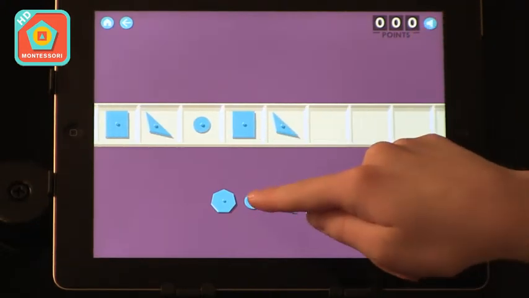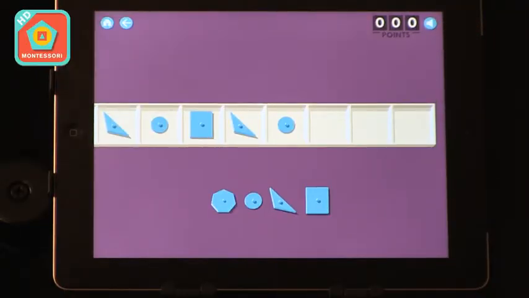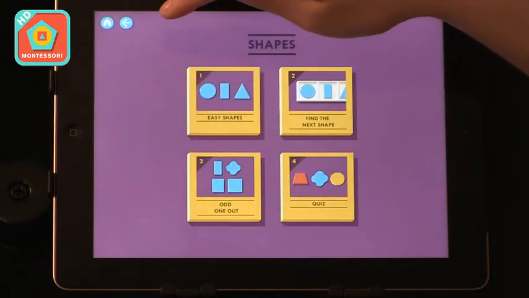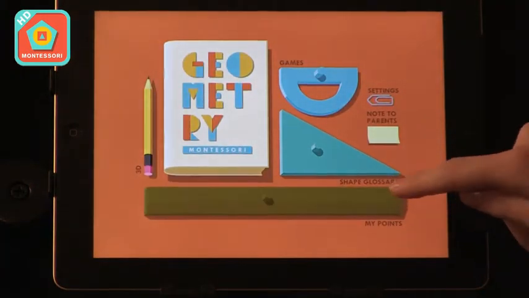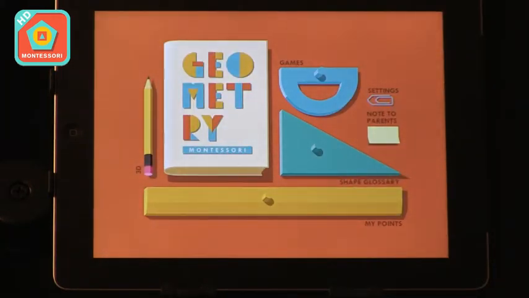Let's see, here we have. Eventually they'll get points up in the corner, and after getting so many points, they get rewards, which are listed on the home screen under My Points. They'll get a little medal, so they're rewarded for their activity. But everything that they do in this app is related to practicing those shapes in multiple contexts and getting meaningful exposures to each shape. And I love the fact that it's got a glossary, so there's a way for them